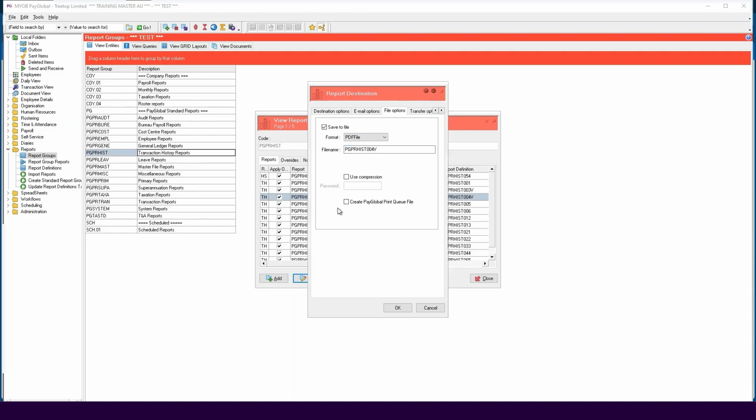If you are hosted by MYOB PayGlobal Online, you will need to use the following format to save to your own network drive. For example, //tsclient, enter the drive that you want to save it to, like the C drive, add the folder that you want to save it to, and the report name. Then, untick Use Compression if it's selected and click OK to save the settings.